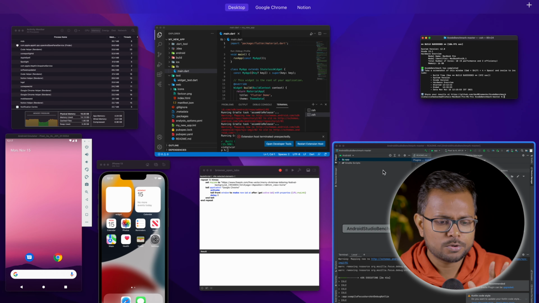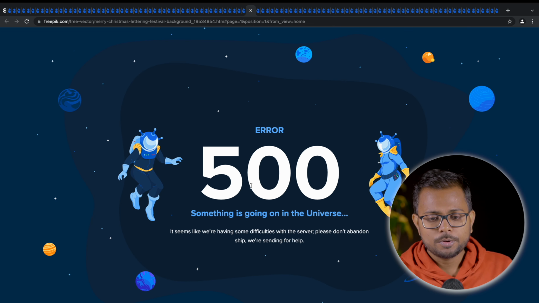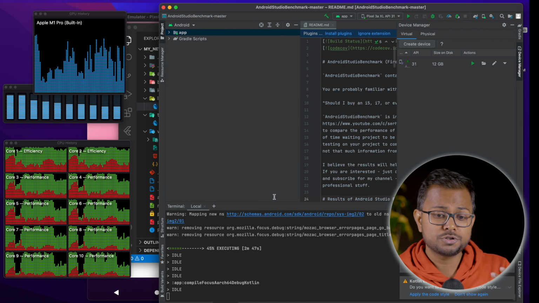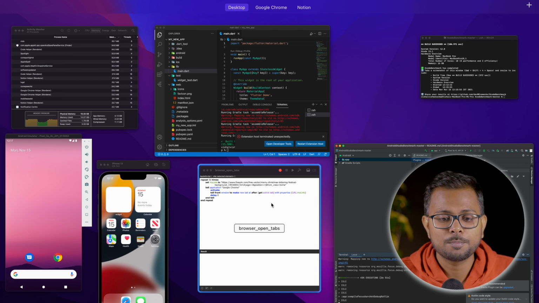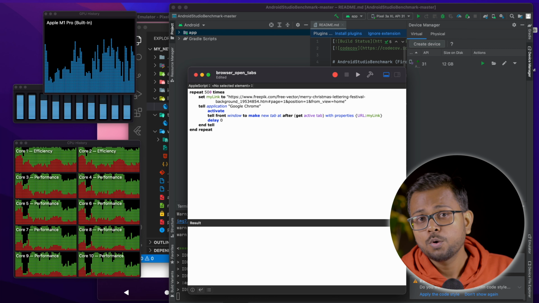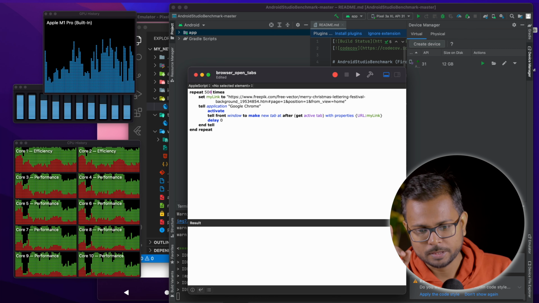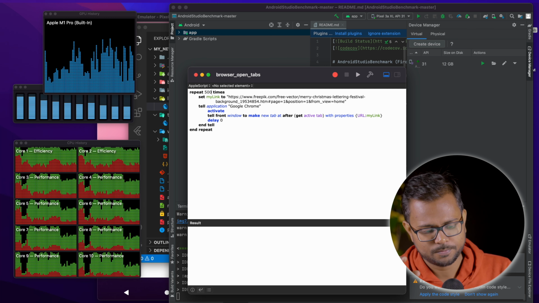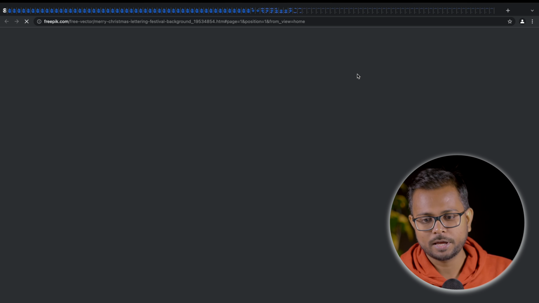But if we have a look here, everything is still working very fine. The pressure test that we are trying to put here is not enough to bring this to a complete stop. So we'll do one thing, the final step. We'll add 500 more tabs to Chrome, and this is going to be a huge test. So let's save this and move on. Hit enter. 500 tabs opening in Chrome.